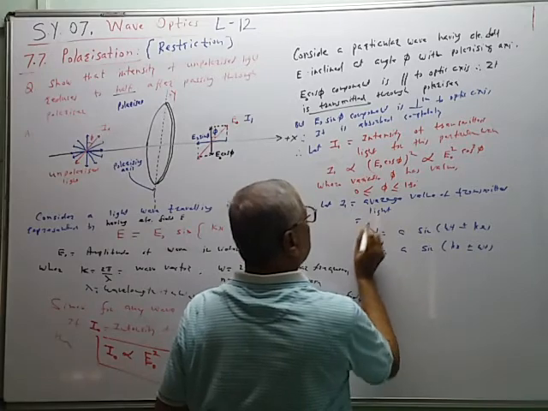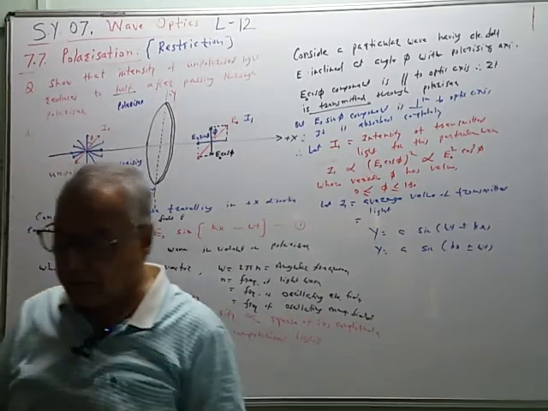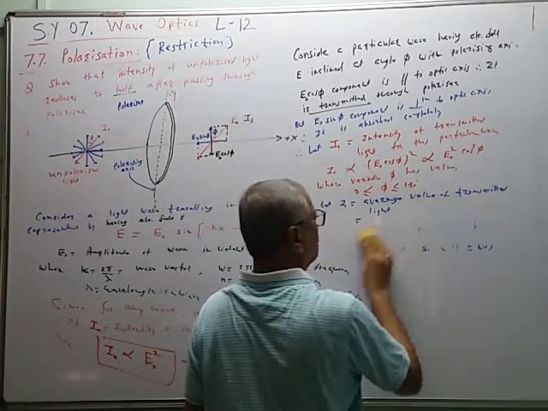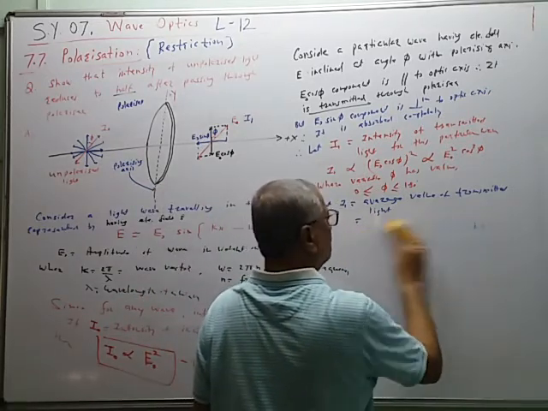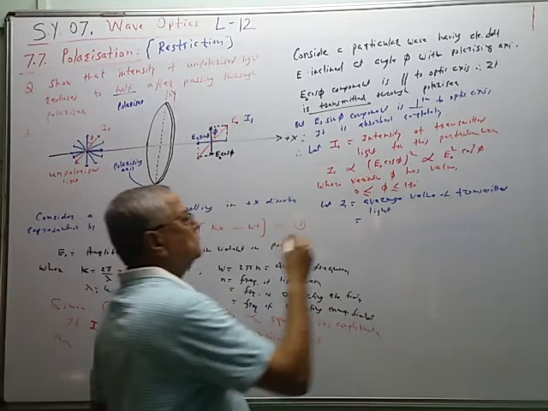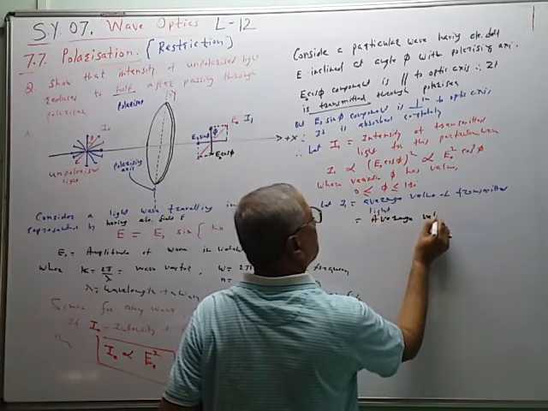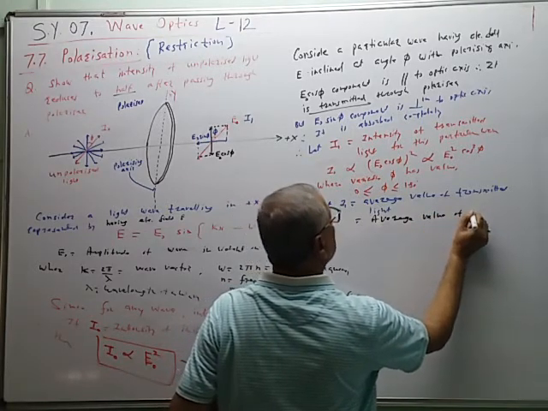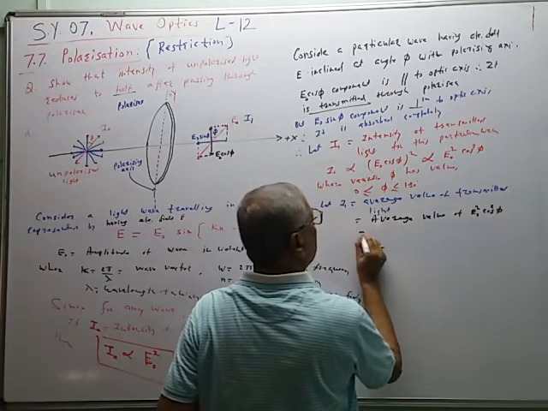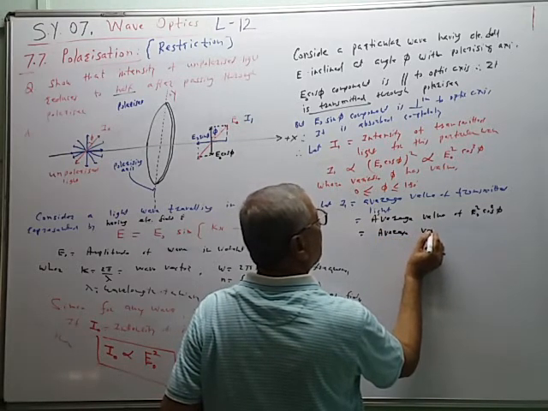Therefore it is equal to the average value of E0 square cos square phi. So E0 is a constant value, therefore it is equal to the average value of E0 multiplied by